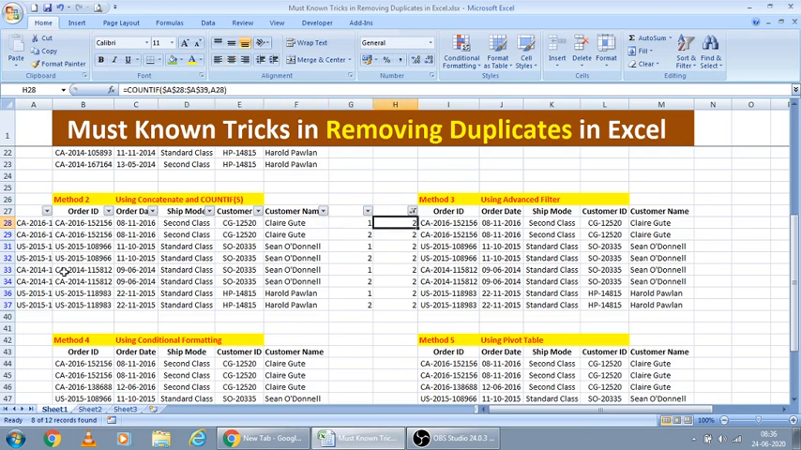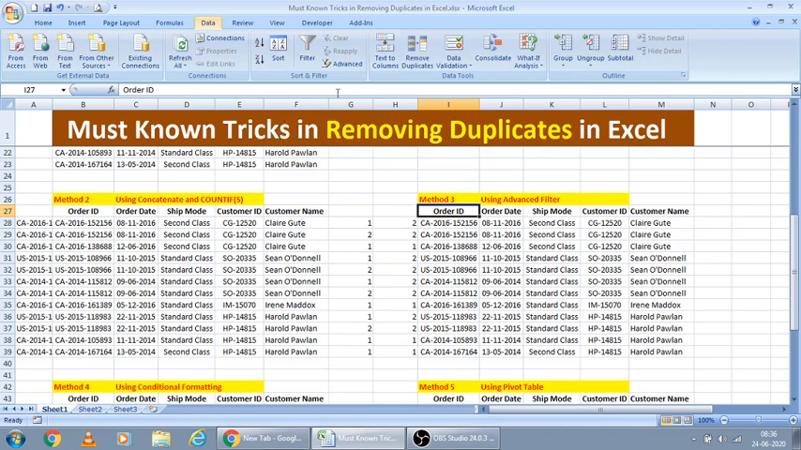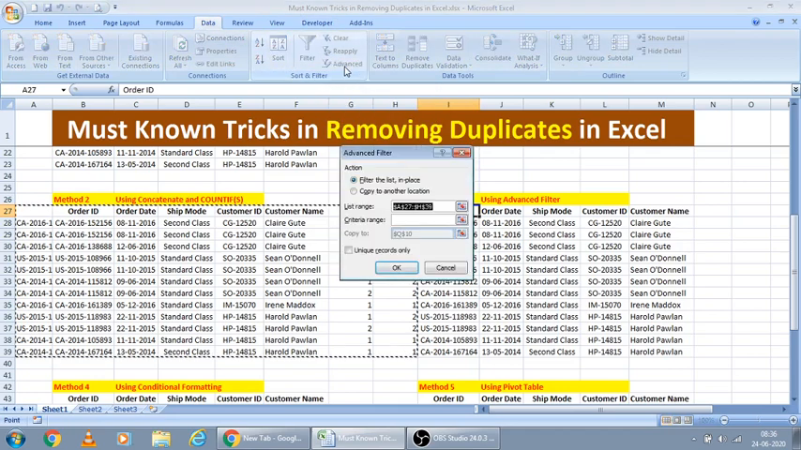The third method is using Advanced Filter. Just removing the filter here. To use Advanced Filter, there is an option: go to Data, Advanced, you have to select this one. Here you should provide the range,